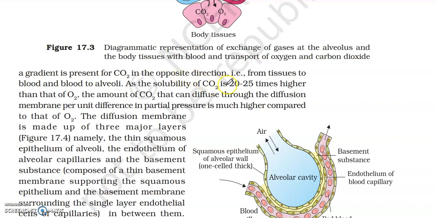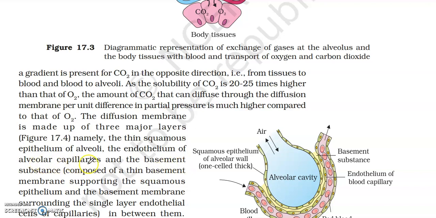the opposite direction, that is from tissues to blood and blood to alveoli. As the solubility of carbon dioxide is 20 to 25 times higher than that of oxygen, the amount of carbon dioxide that can diffuse through the diffusion membrane per unit difference in partial pressure is much higher compared to that of oxygen. The diffusion membrane is made up of three major layers, namely the thin squamous epithelium of alveoli, the endothelium